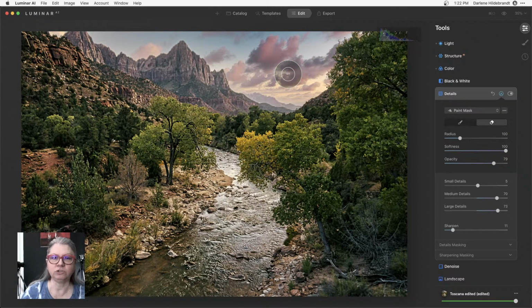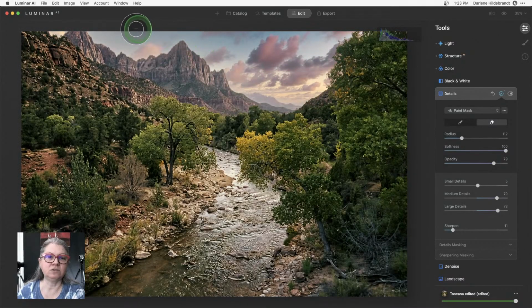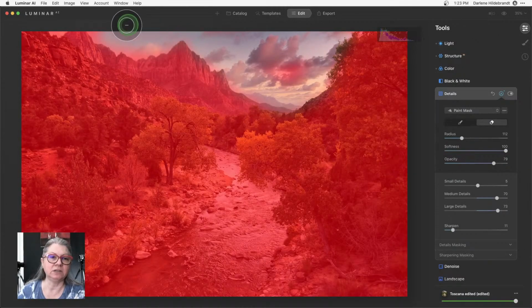Okay, so you can use your square bracket keys to make the whole thing bigger or smaller. Okay, so left square bracket smaller, right is larger. And I'm just going to paint in the sky here. Now, as soon as I click, you get this red, this is the mask, okay? So wherever it's red, this tool or the sharpening is applying, okay?